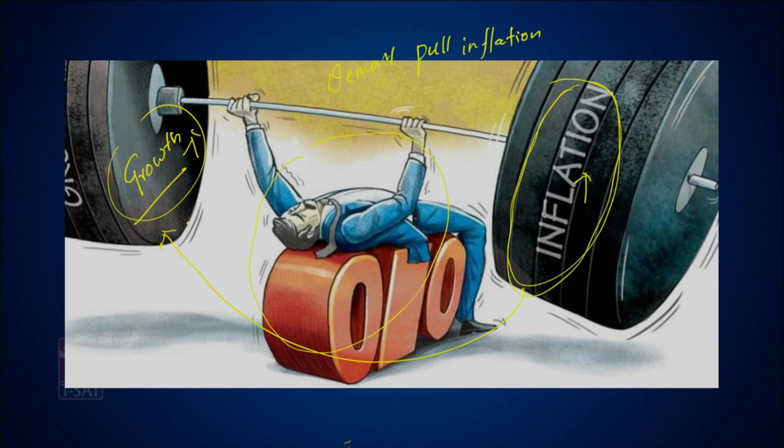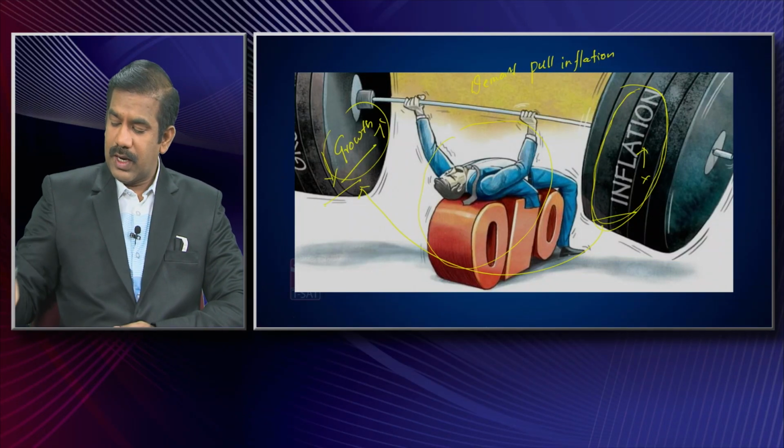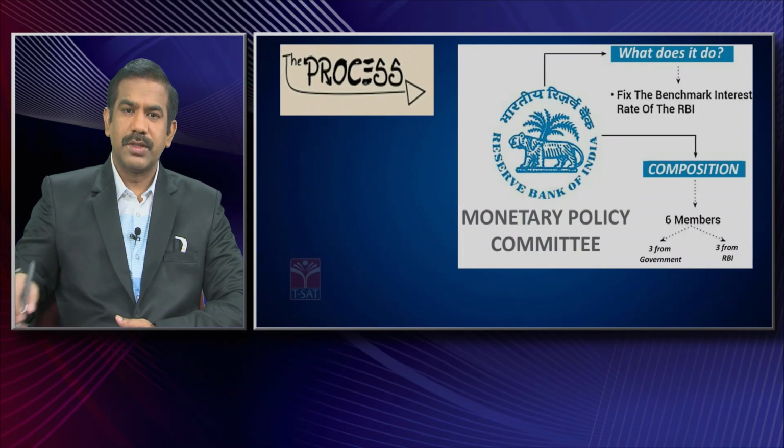So that's the basic reason the monetary policy maker's job is to ensure that both growth and inflation are relatively balanced. If you only concentrate on growth, that comes with a side effect, that's inflation. And if you don't control this inflation, that would have a very bad impact on growth. So that's the basic reason. That's what the image simply says.